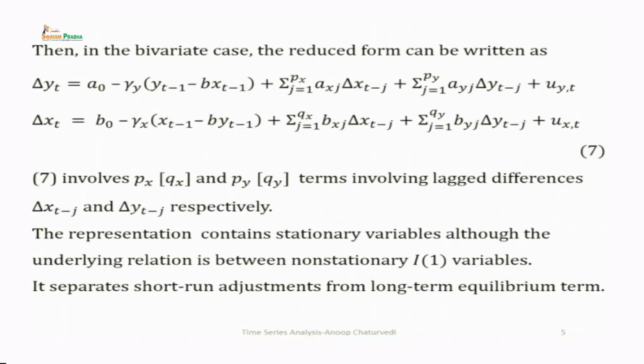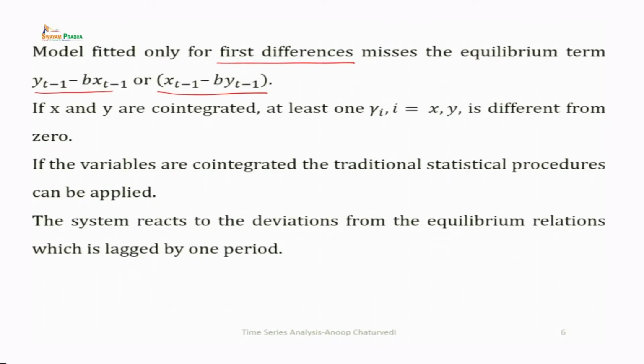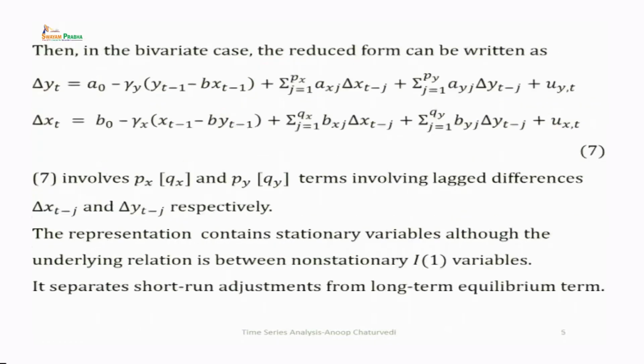So, suppose you want to test whether x and y have a long term relationship or not, then you have to test the hypothesis gamma x equal to 0 or gamma y equal to 0. And if the variables are co-integrated, the traditional statistical procedures can be applied, since all the variables are stationary. So, you can apply the least squares procedure, you can apply t test, you can apply f test. Say, just for example, for testing gamma x equal to 0, you can apply t test,